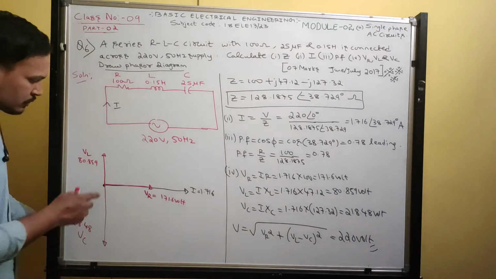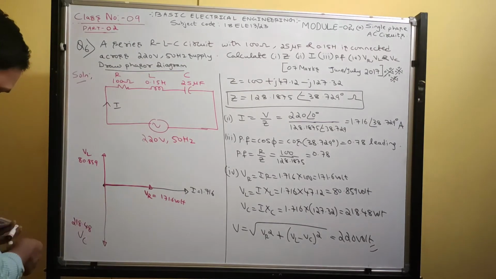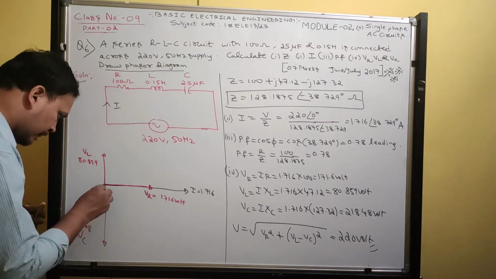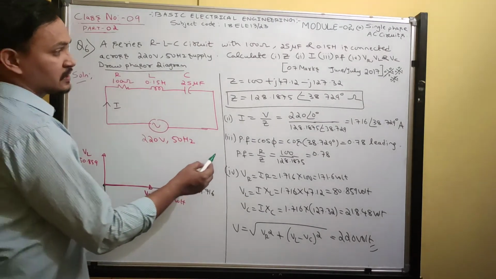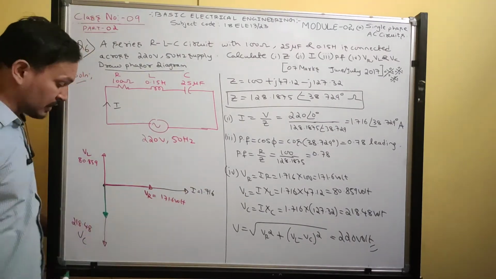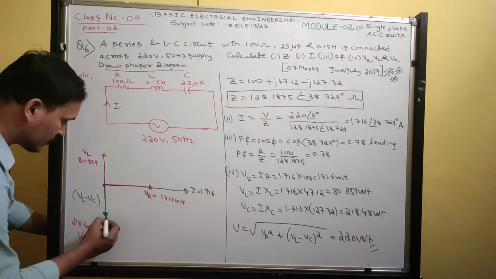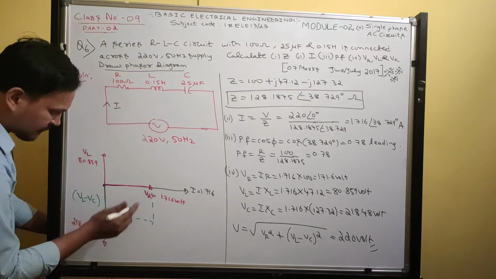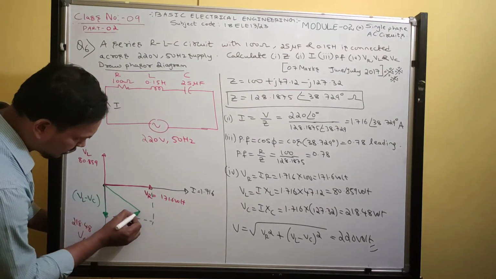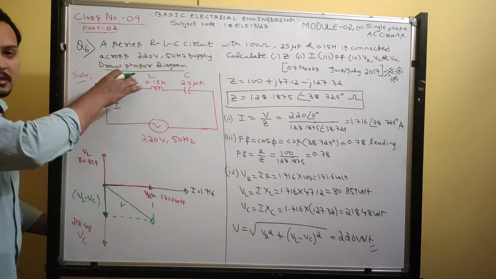218.48 volt. So due to addition of this, the resultant falls on which side? The resultant falls on capacitor side, because XC is more than XL. Capacitor is dominating. What is this value? VL minus VC. Joining these two vectors, VL minus VC and VR, you will get resultant voltage. That is voltage connected across the circuit.